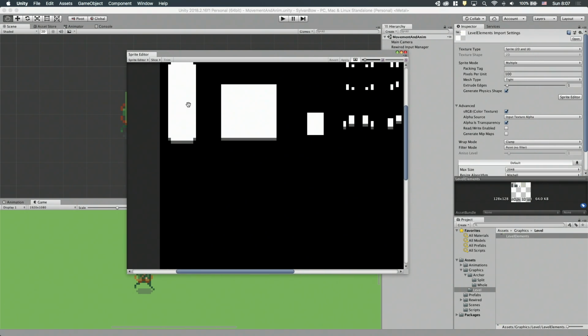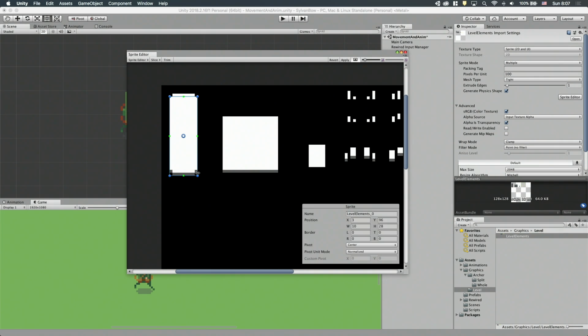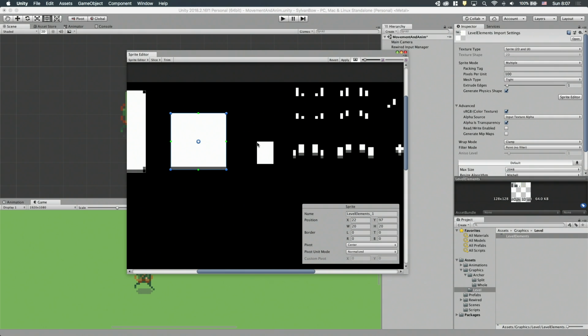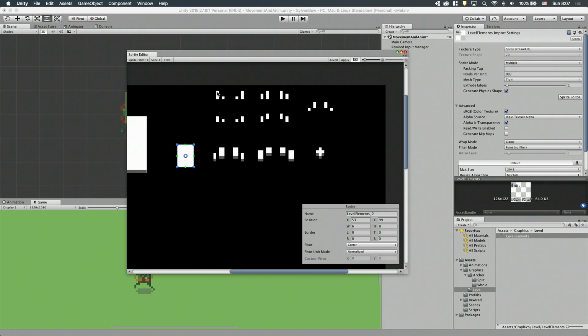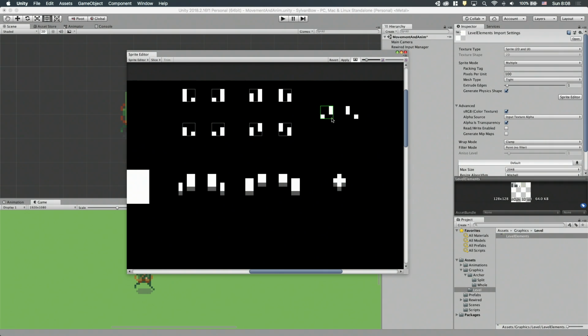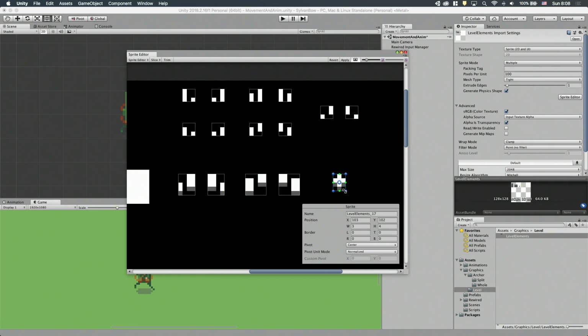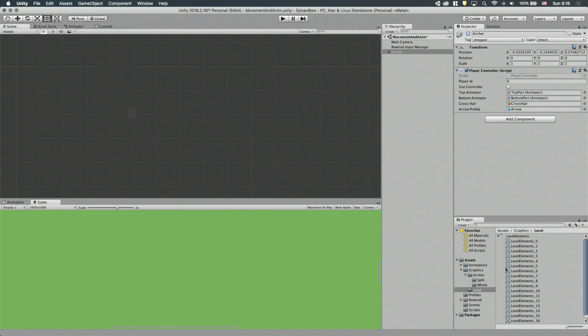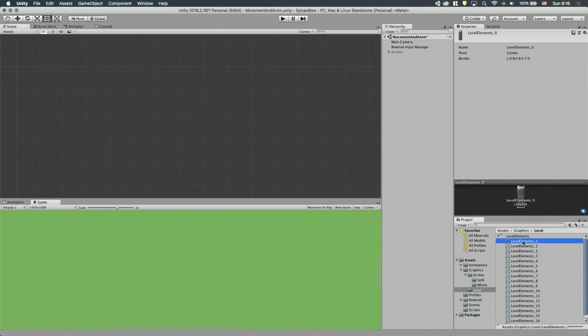There's a clever little button in the sprite editor which switches the sprite's visualization between colored or alpha only. If we toggle it to alpha only, then it's easy to see where the individual elements are. Let's slice them one by one. I disable the current archer to not bother us while I'm explaining today's task.